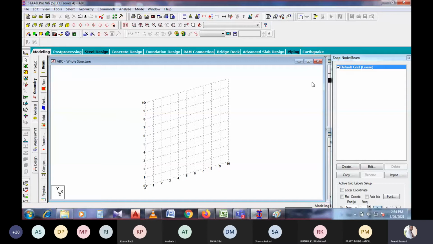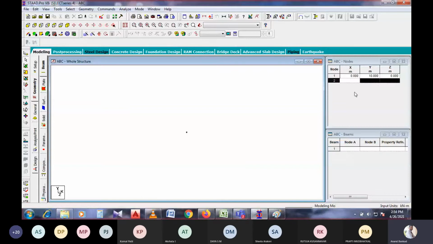So here I will just close this dialog box, the default grid liner. Once you close this, the coordinate system with the values of x, y, z will be visible. I hope you are able to see this node.